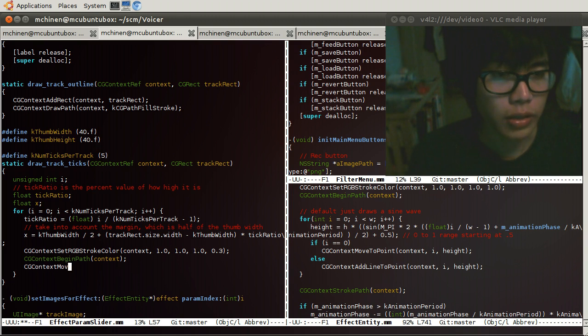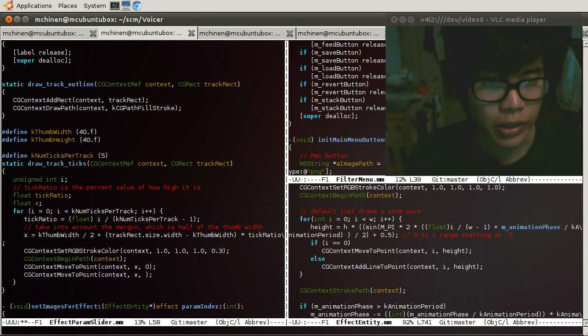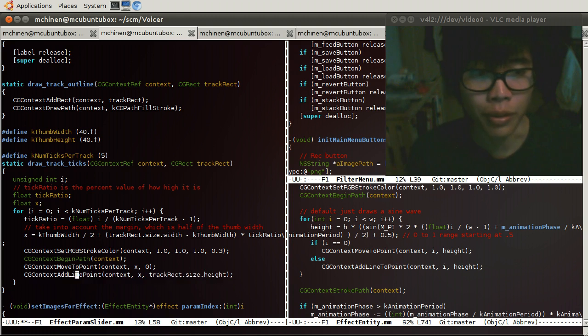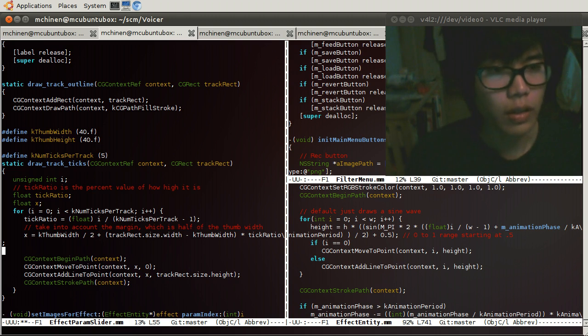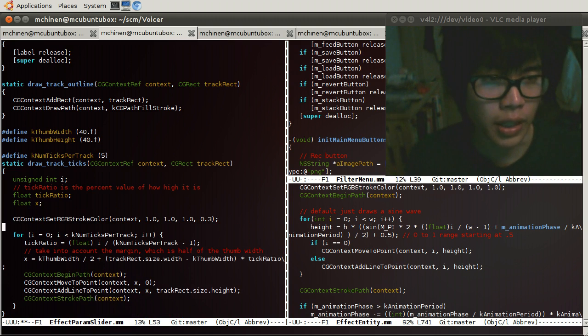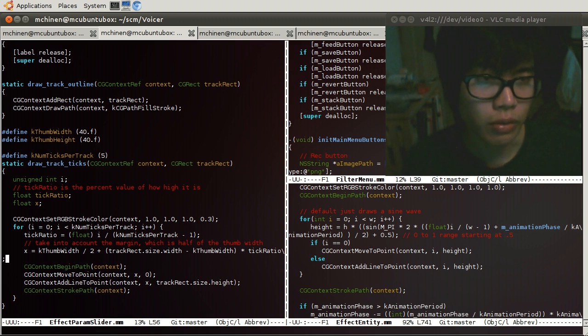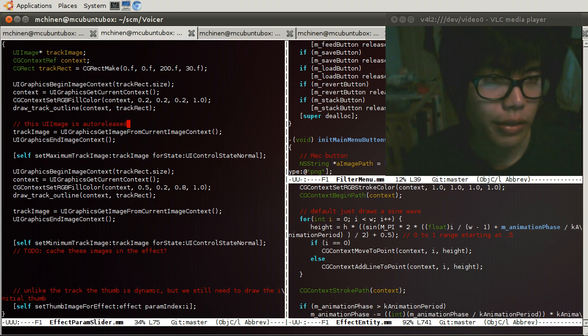Yeah, so we want to do context move to point. Context. And the point is going to be x, and the height will be 0, because we want to make the next one track rect.size.height. Yeah, and this is now going to be line to point, or add line to point. Yeah, then we want to draw it. Stroke path context, and that takes care of all of that. We want to set the color up here because we don't need to do it every single time. So that might do what we want. It's possible. Let us go ahead and